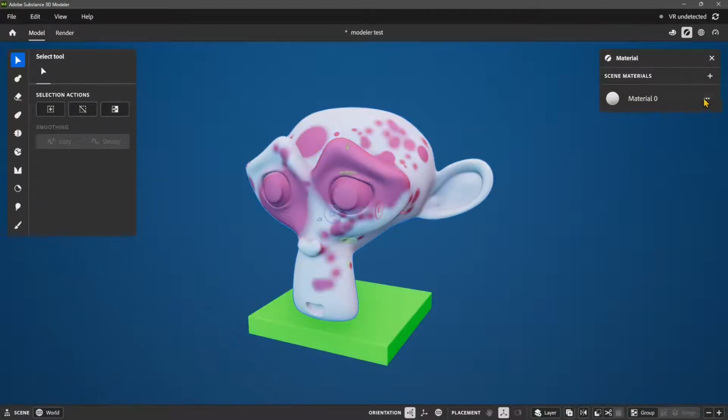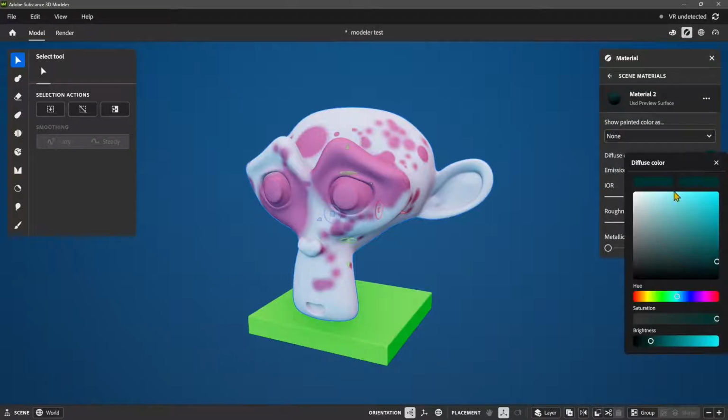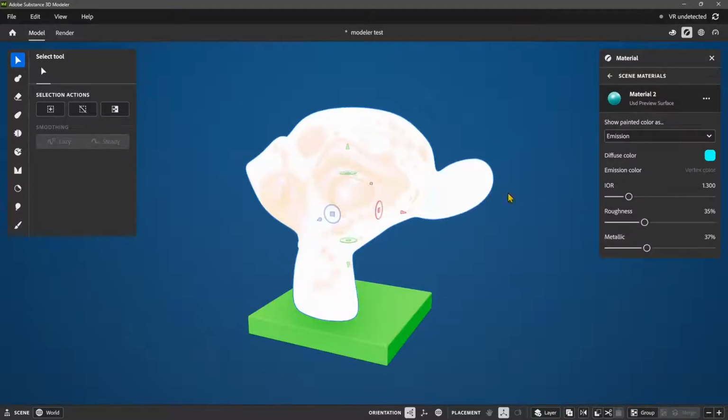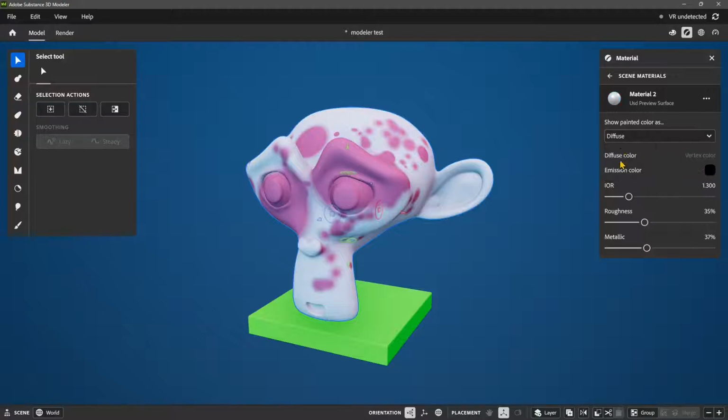So once you select that, you can apply a material to the selection, which is already applied, by the way. I can also create more materials and apply to the selection again, and that's going to override the previous one with the paint, and create more. Now, every time you create one, it's going to have a random color, so you can always go here, edit the properties, change to something else, and here you can also use it as diffuse or emission, and then you can define the roughness, the metallic effect, and when you're ready, you can apply to selection. So this is now emissive. Let's go back to diffuse, and